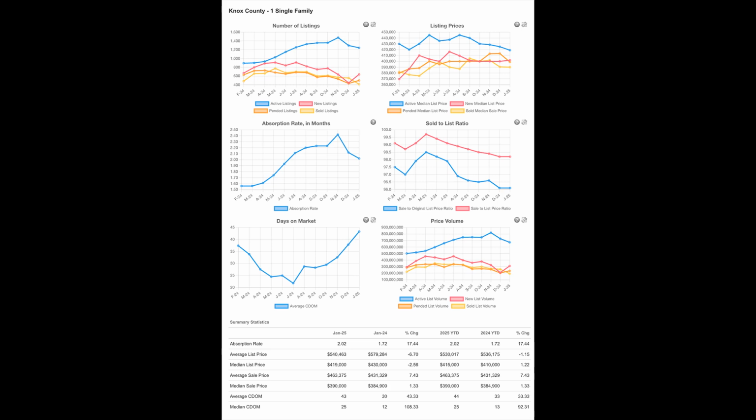The decline in list prices and simultaneous increase in sales prices suggests that sellers are becoming more realistic with their pricing, while buyers are willing to pay premiums for well-priced, desirable properties. Buyer negotiating power is increasing. The increase in the days on the market and the declining sold-to-list ratios highlight a growing advantage for buyers in